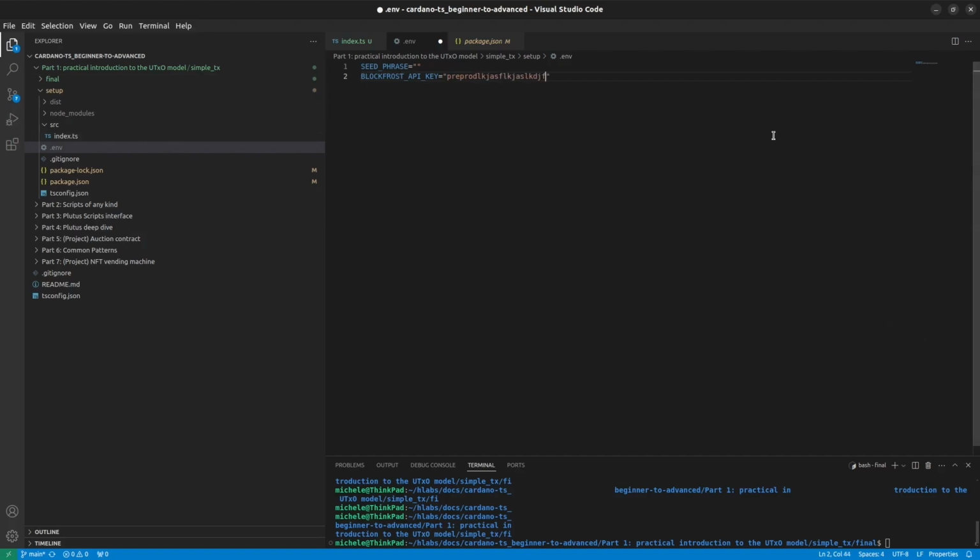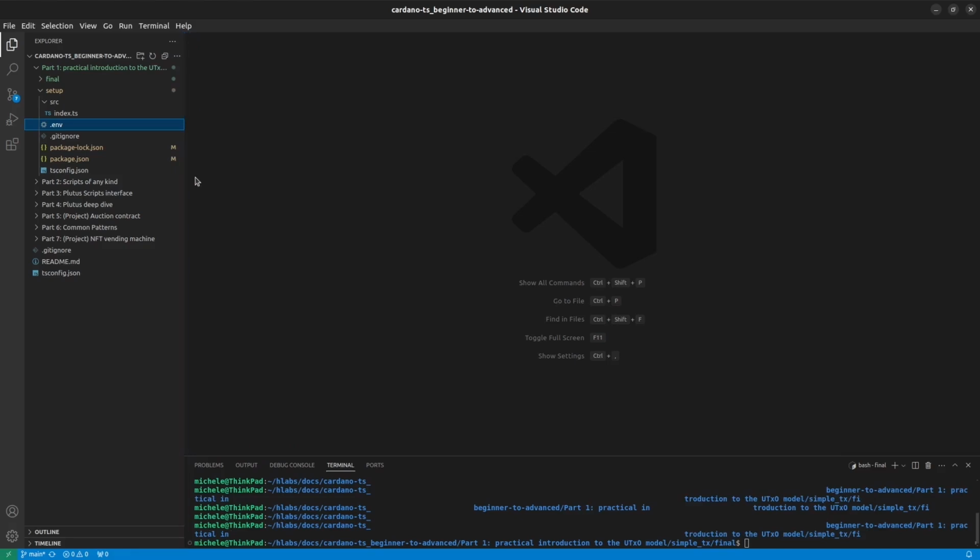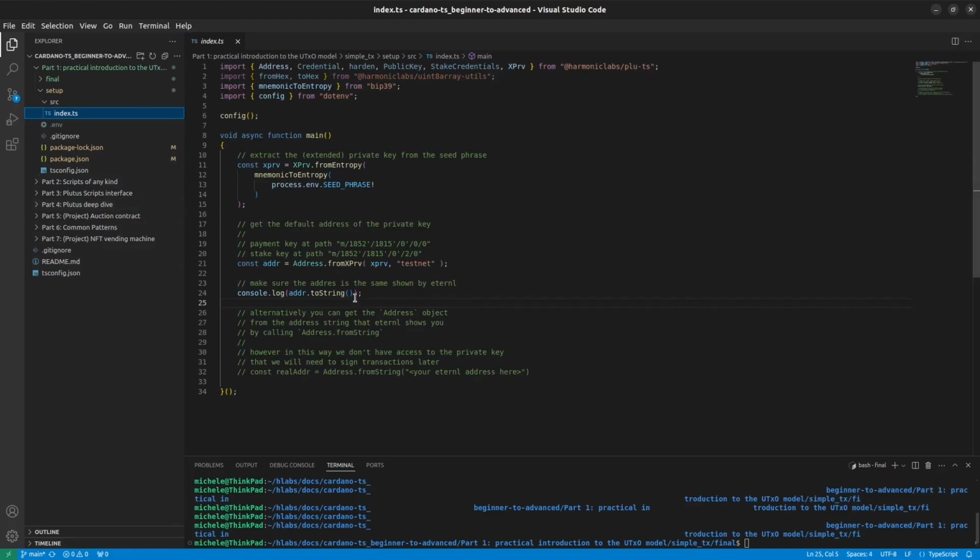Then will be a bunch of garbage here. Make sure that you populate this environment. And once you have completed the .env file with your seed phrase and your API key, we will have everything we need to start working on the project. Now, before we start properly, let's see what we have here as the code already. We have a bunch of imports. We have the config call that is loading the environment variables from the .env, and then we have our main